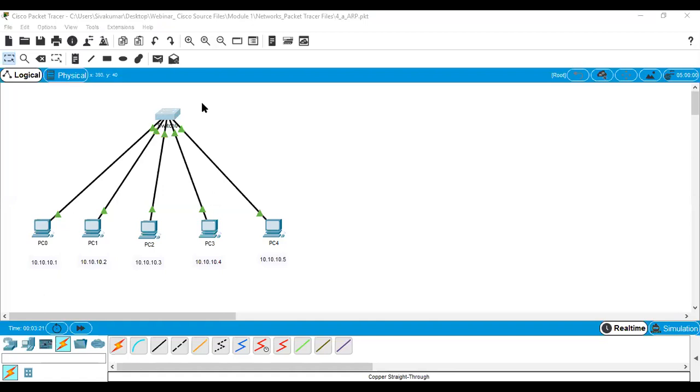Type show mac address table. If you type show mac address table, you will get the MAC address table here.